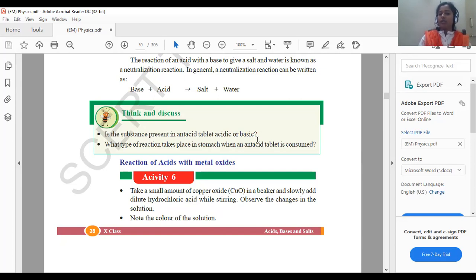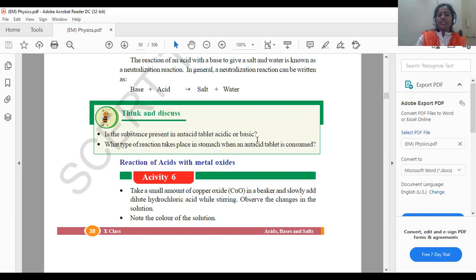Everybody knows the digestion process is carried out by gastric juice, hydrochloric acid. That hydrochloric acid is the catalyst which is used to convert complex food materials present in the stomach into simplified molecules along with the liberation of energy. In the digestion process, hydrochloric acid is used as a catalyst to convert complicated materials made up of carbohydrates, proteins, minerals, vitamins. So many components are present in that food material, right? So during that process, we require hydrochloric acid.